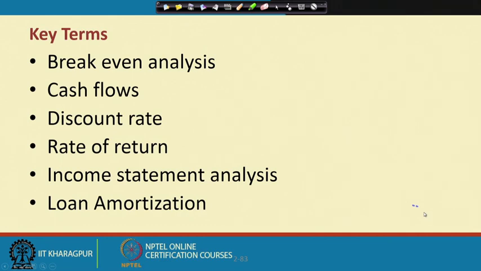Okay. So these are the things we have discussed in this particular lecture. Some of the classic management problems can be solved through Excel functions, and we have discussed break-even analysis, cash flow analysis, investment decisions, income statement analysis, and loan repayment systems. These are typical areas where Excel functions usually help a lot to solve some of the